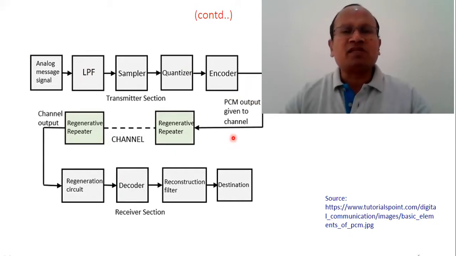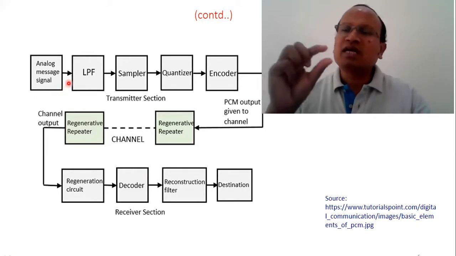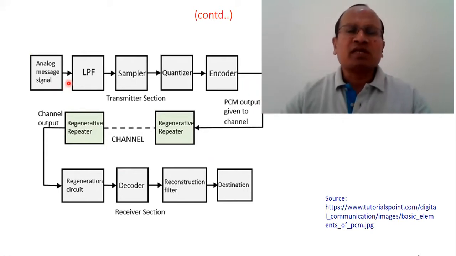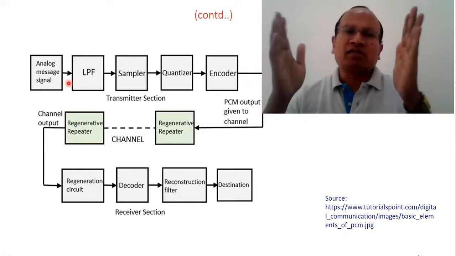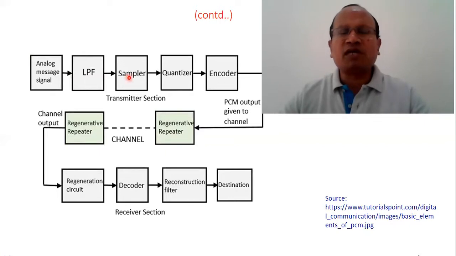This is the block diagram of PCM, where an analog signal that has to be encoded goes to the LPF, which allows the desired signals which we really want to encode. We will not allow the neighboring signals beyond the range of the actual signal to be encoded. Then it goes to the sampler, as we have seen. The sampler converts the analog signal into a discrete signal, in the form of pulses, a sampled output, which we also call the PAM output.